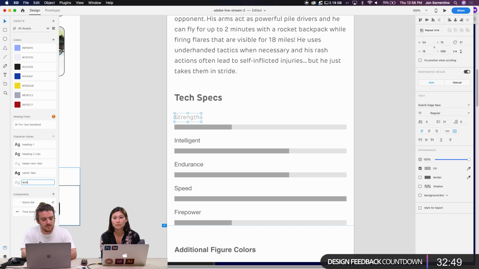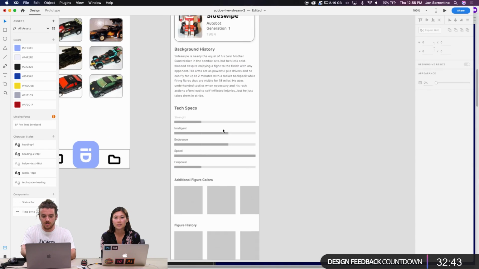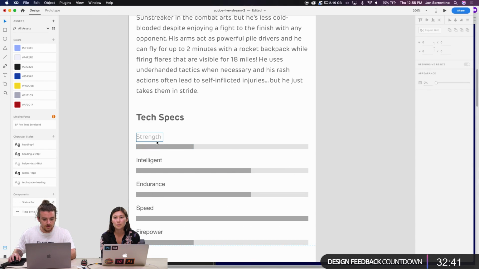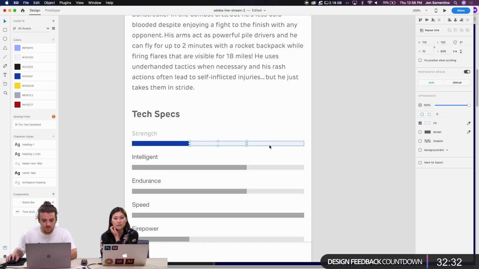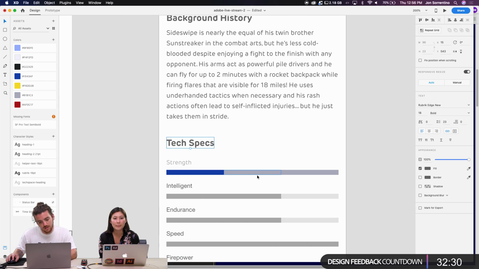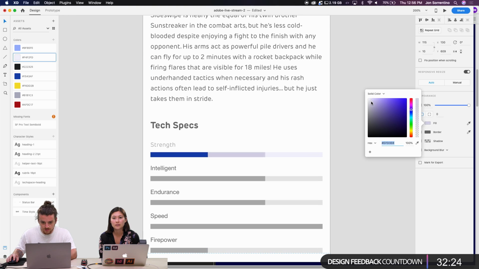For the text spec heading, I want to go ahead and start using our colors as well. I think for text specs, it would be cool if they were in this blue. And then this is going to be our empty gauge. Maybe that's too light. Nope, that was fine. And now I can go through and edit this a little bit because I want this to be slightly darker.